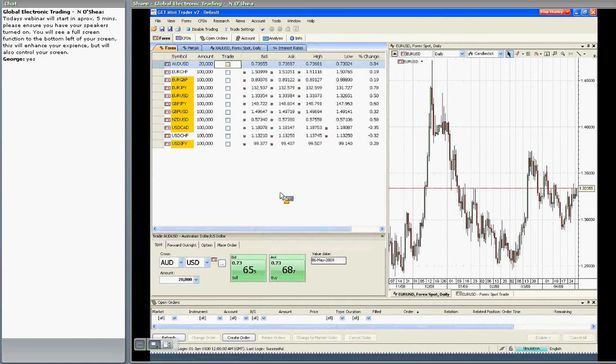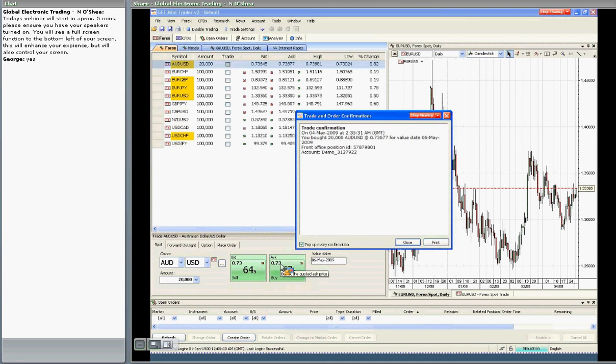Now you can simply come in here if you're looking to purchase this currency. The current ask price that we're offering you is 67.68. It's constantly changing as the market moves. This is what currencies do. This is a natural thing that happens in currency pairs. If you're happy with that price, you simply click on the price and it will give you a position. You have effectively now, or I have, bought 20,000 Australian dollars against the US dollar at that rate, for value the 6th of May